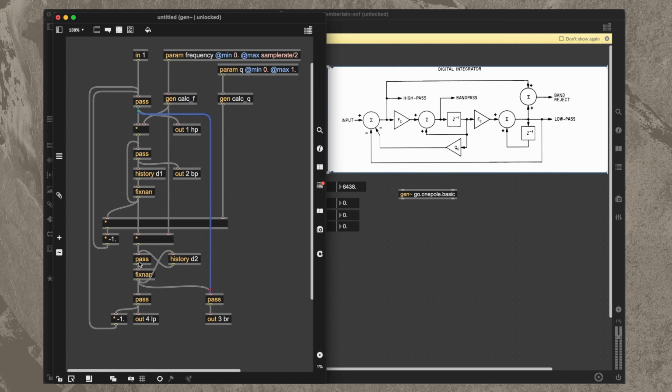And then we take the output of the final integrator, and I suppose this part is not necessary. We send that to the output as the low pass filter and loop that back around into the top summer. I am noticing that,